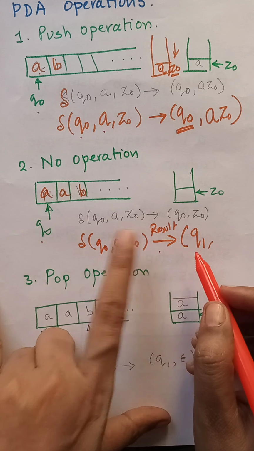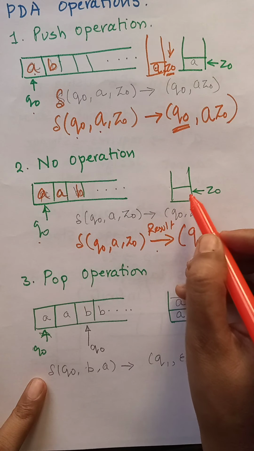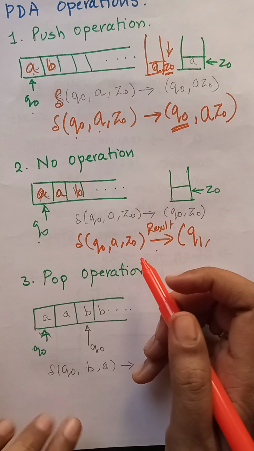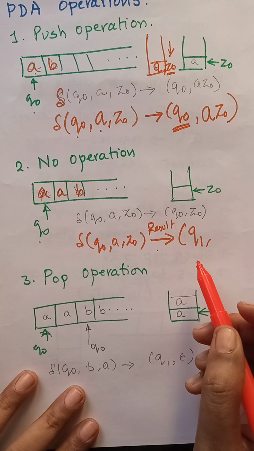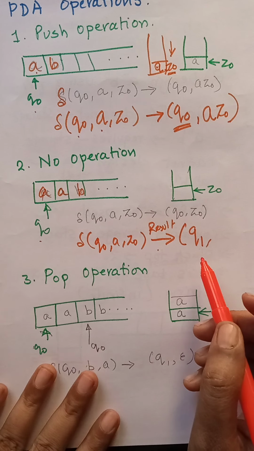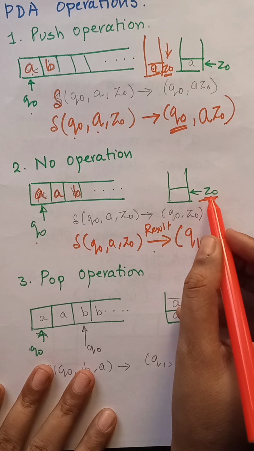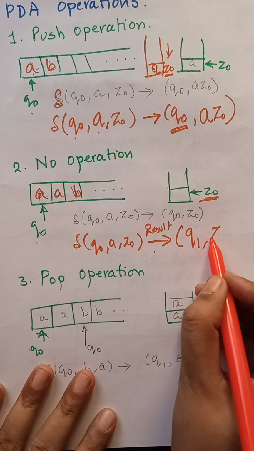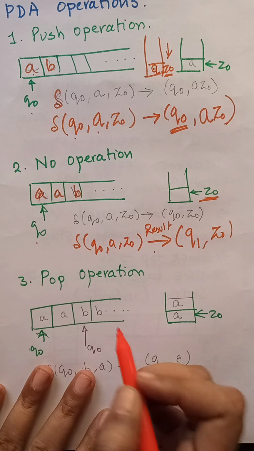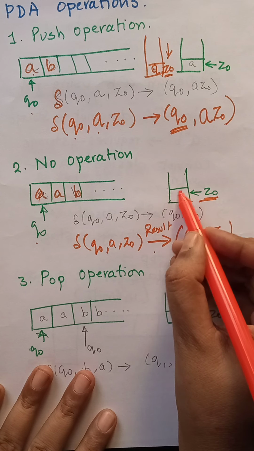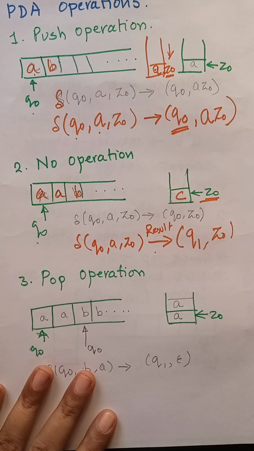And which do you want, to transfer here, or do you want something to pop out? No, I don't want either a push or a pop operation. So what I can write directly is whatever is present on the top of the stack. Here what is present on top of the stack is Z0, so I am going to write only Z0. Now suppose here previously C was present, I don't want to do any operation.